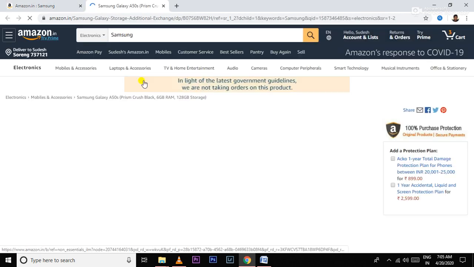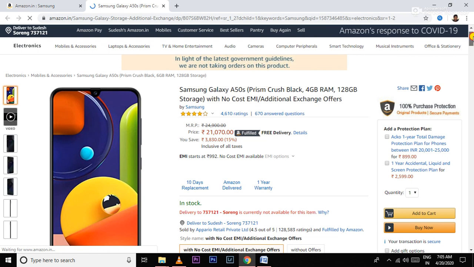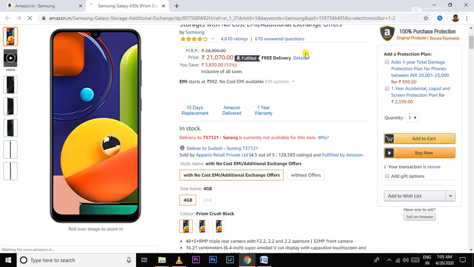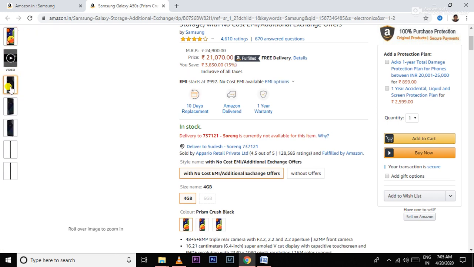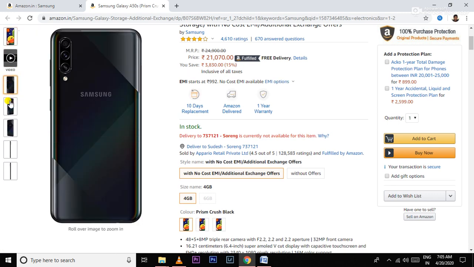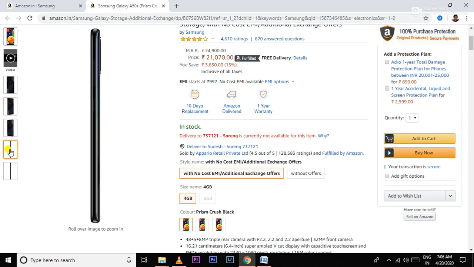It will redirect you to the individual product page where you can find different pictures from different angles. This is the phone, and as you can see, this is the back part of the phone, this is also the back part, and this is the side part.